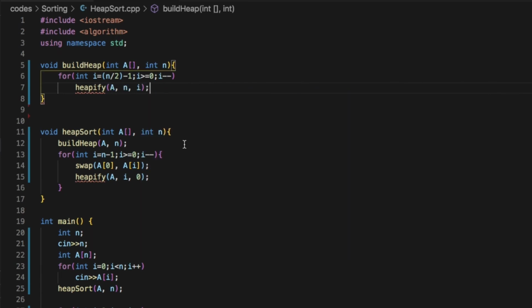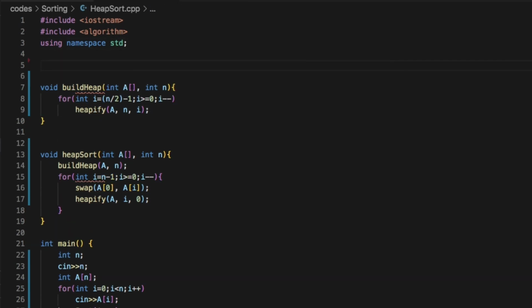So finally we can create a heapify function. Whose arguments are the array A, the size of the array, which is n, and the value I, which is the index of the node.